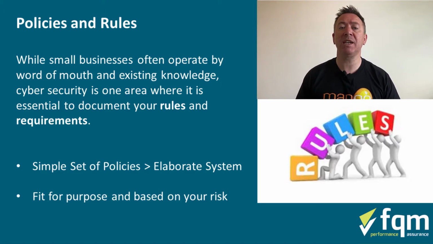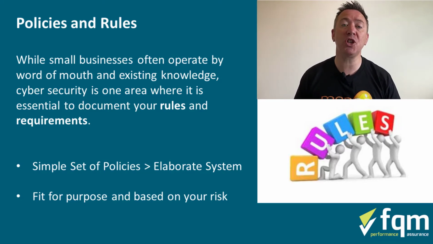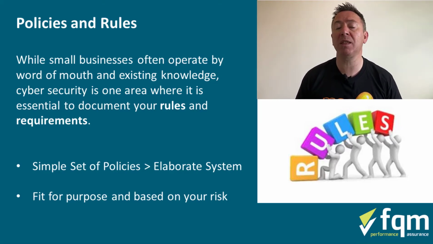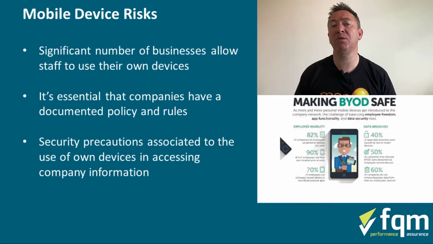And when we do this, it's important that we ensure that the people within our organisation sign up to follow these rules and policies. It's important that these requirements are followed and we keep on top of changes when changes occur. When we hear about additional threats and additional information activities that we need to do within our business, we must update these policies and rules and ensure we communicate and educate the people within our business that could be our weakest link.